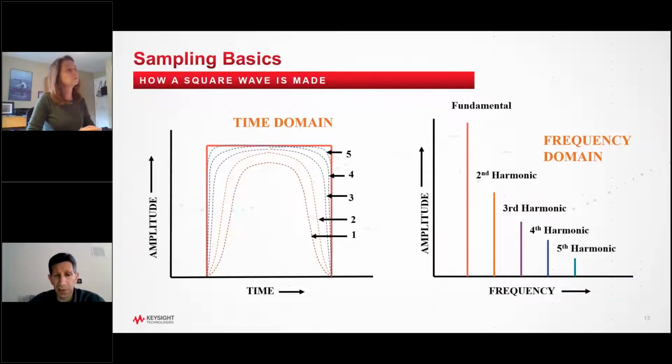All right. So again, I come more from the digital world, more square waves than sine waves, but a square wave is made up of different harmonics. So you see, again, looking in the time domain, we have amplitude versus time, voltage versus time. In the frequency domain, we have power or amplitude versus frequency. So you see the fundamental, the frequency of this square wave, is always going to be the highest power in the frequency domain. But again, to reconstruct the square wave,